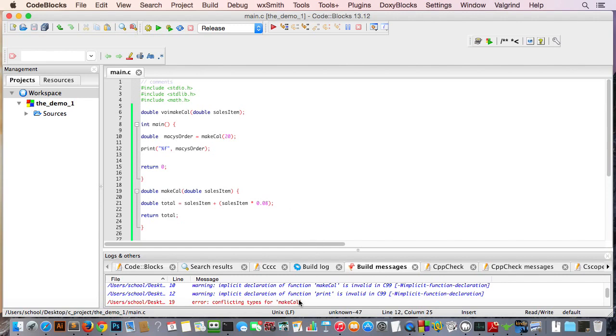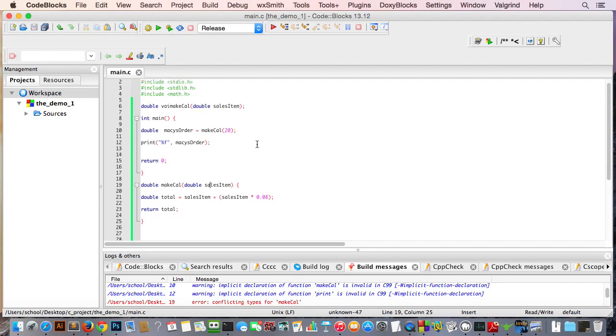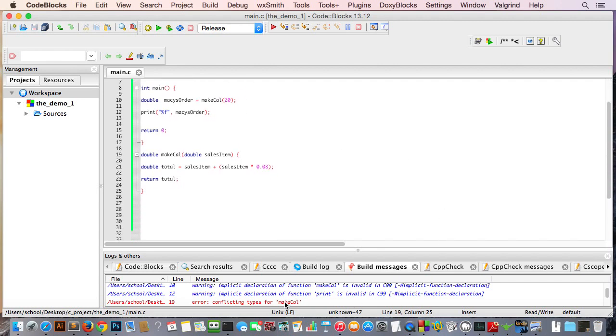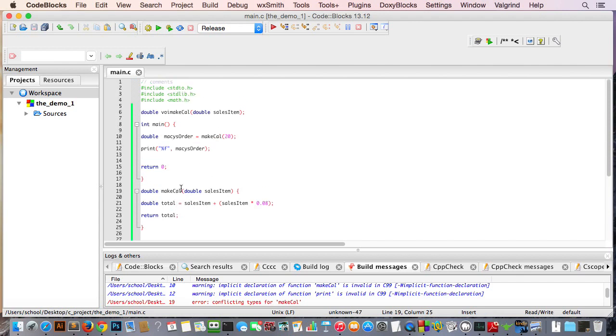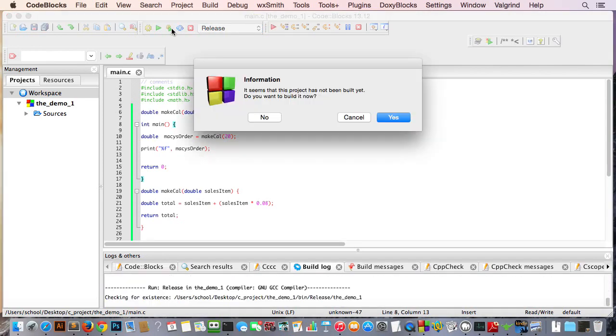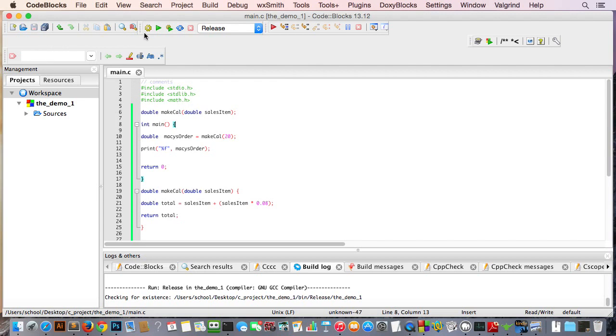Oh, conflicting. We are conflicting here. We have some type of problem on line 19. This is double sales item here. It should be the same everywhere. For the function, same name of function, same name. Oh, of course. Save. Let's see. There we go. Save. Let's build it,